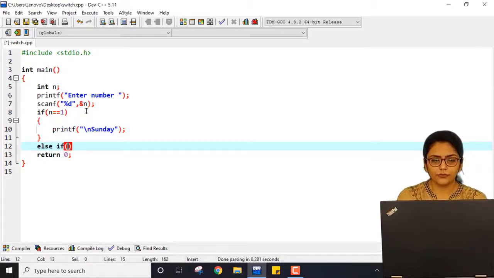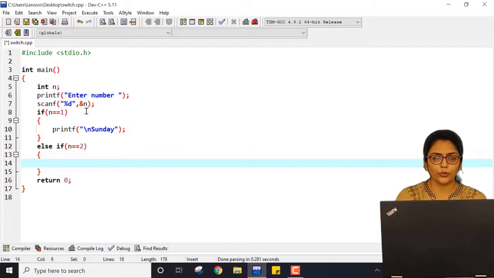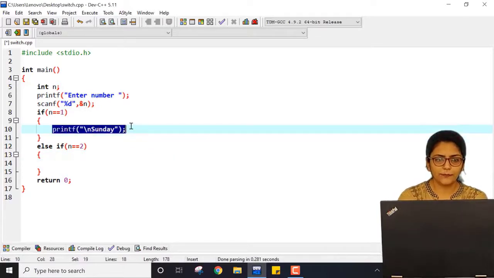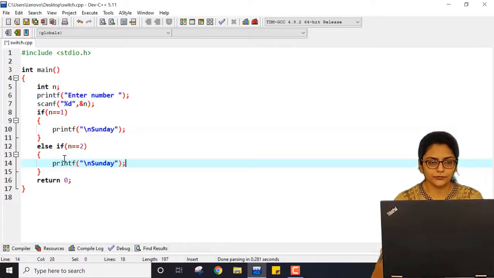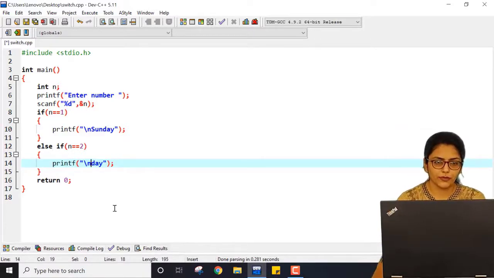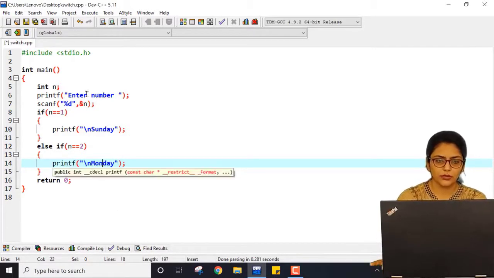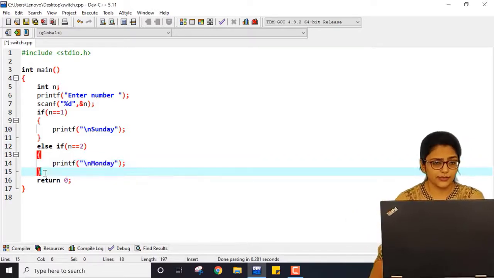After that, what if this is not the case? If n is equal to 2, then I'm just going to print Monday. I love Sundays, so I have taken it as number 1.